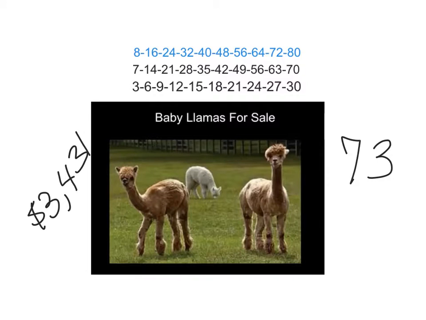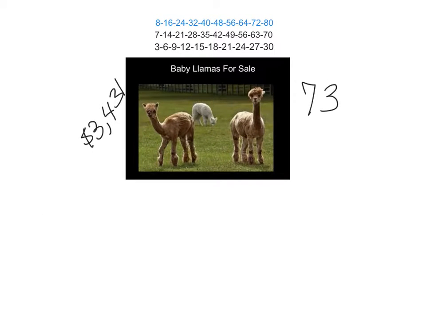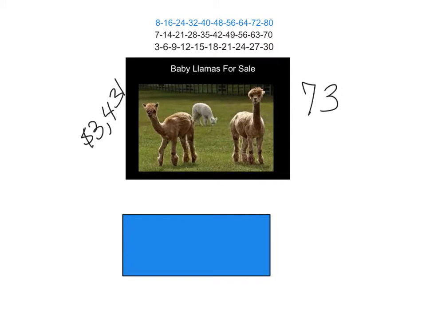So the first thing I'm going to do is shrink this so I have a little bit more room, and then I'm going to add my area box, and I'm going to put the 3,431 right inside the box there, and the 73 goes out here. And so now I'm trying to figure out how many times 73 can go into 3,431. So I've created this area box, and that's what I'm going to do. So the first thing I'm going to do is use 80 for my estimation, right? So 73 is going to be bumped up to estimate as 80 to figure out how many times it can